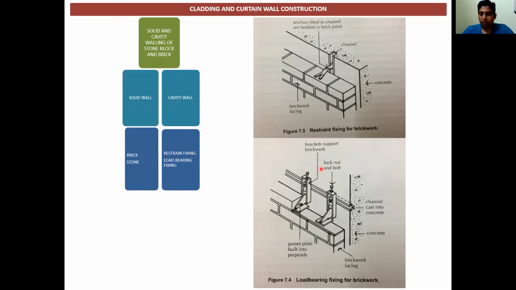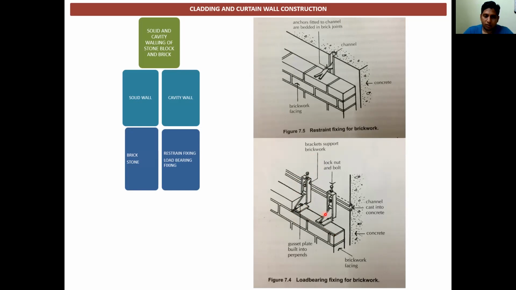Again, there is another method, that is how this cladding will be load bearing cladding. It is not always that every structure is an RCC structure, or every structure has a strong framework. So now this particular cladding is taking load for that particular brickwork, or maybe the other stonework or the cladded material. So this kind of brackets and supports are arranged. This fish plate, this gusset plate, is providing very strong and additional stability to the construction.